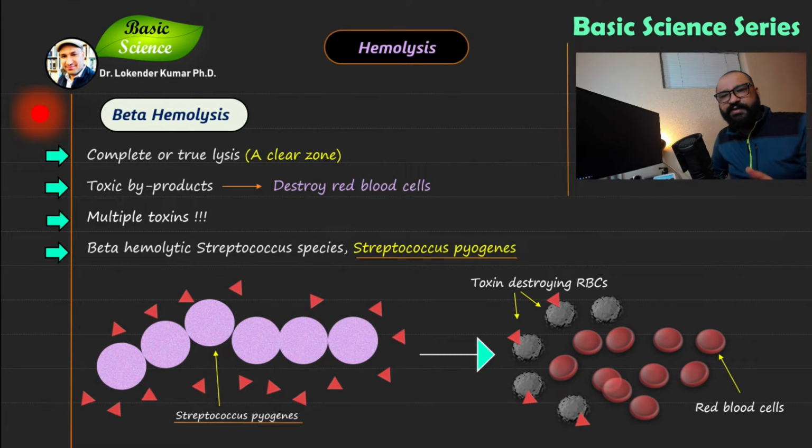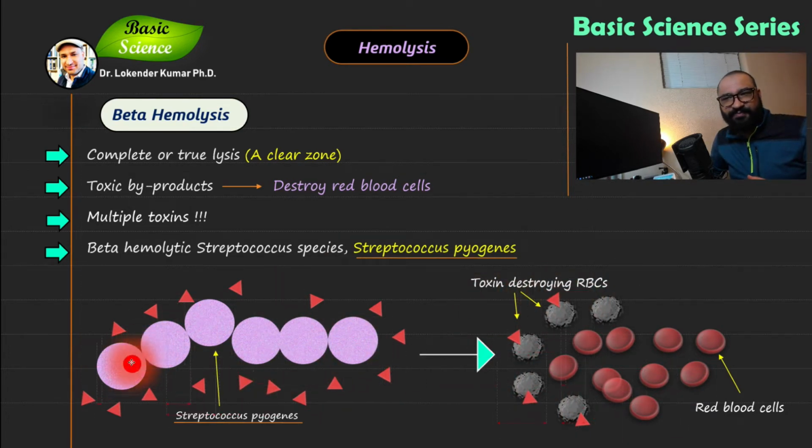All right, here we are on our third slide, where I will start explaining beta hemolysis and the facts behind it. As I have already explained, beta hemolysis is known as complete or true lysis of the RBCs. You're using mammalian RBCs. Here, this illustration clearly shows that RBCs are getting lysed by the toxins produced by the